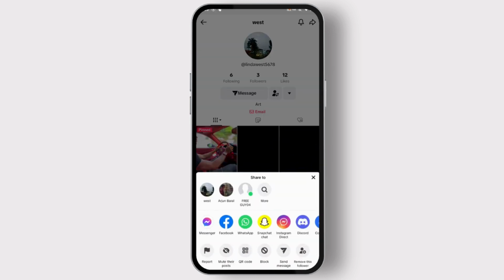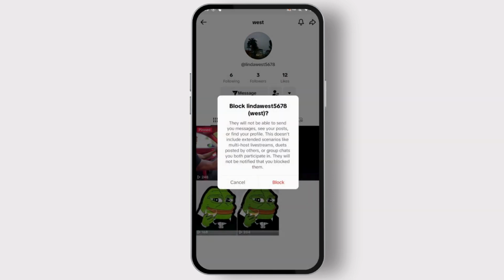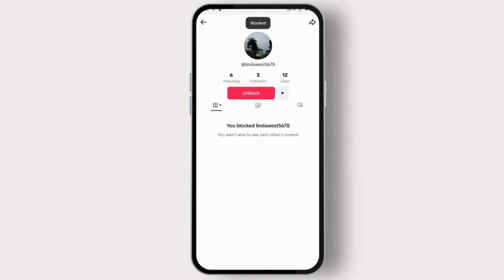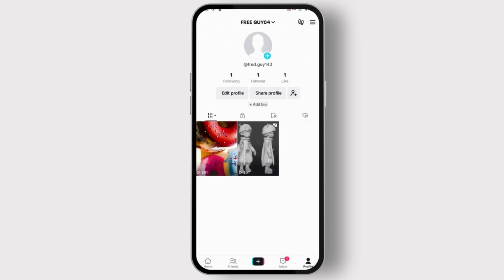After tapping on the share icon, now you will find this block option. So just tap on block and then again tap on block. And after tapping on block, you will successfully block that person. And now to unblock this person, what you can do is just simply come back and then tap on the